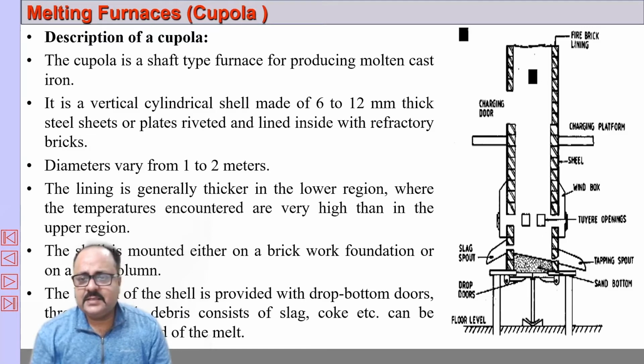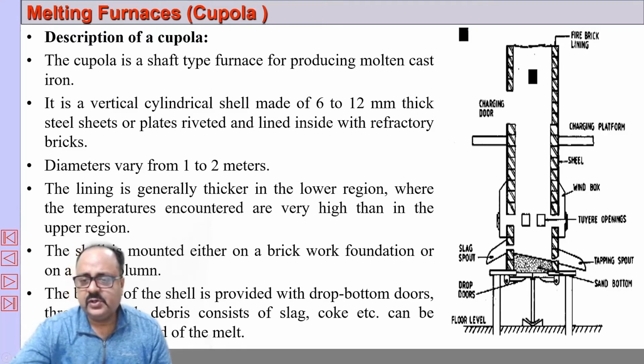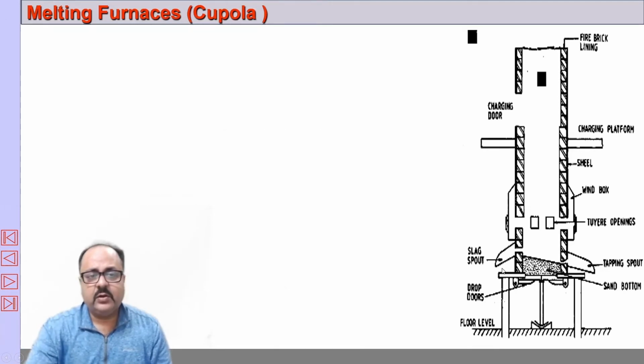Inside the steel shell there is a lining of refractory bricks, and at the bottom there is a bottom door which can be closed and on which we build the sand bottom. The base can be a steel structure or a brick structure,